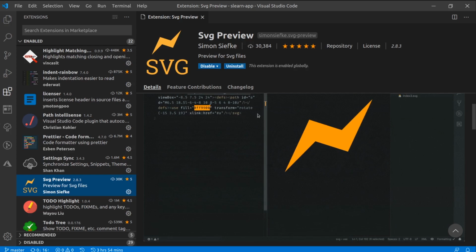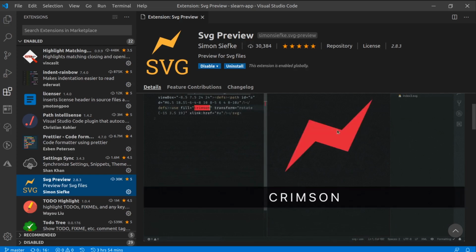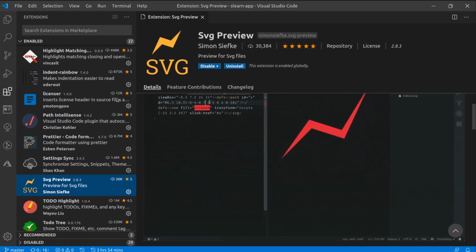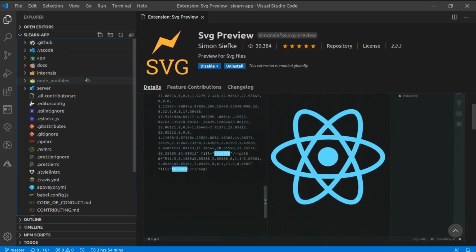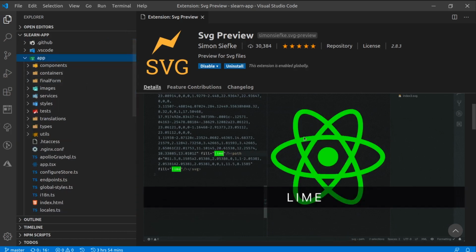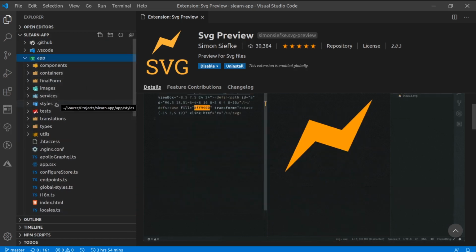What it does, it actually gives you the preview while you're trying to change or customize your SVG, changing colors, fill colors, transformations, rotation, and so on and so forth. To give you a live preview. And this is really helpful as a web developer, and more specifically a front-end developer. This is actually going to give you a huge improvement in time, and you're just going to have everything scalable